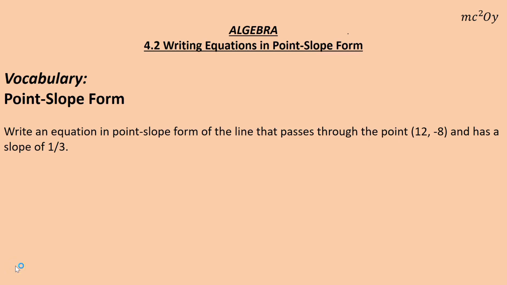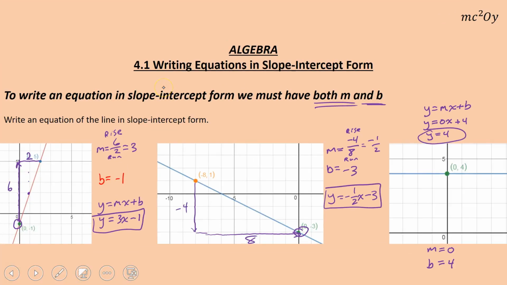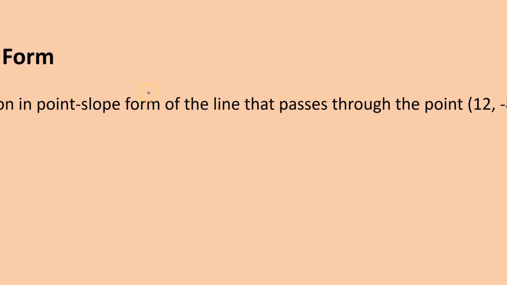Okay, 4.2, writing equations in point-slope form. By now we should have already been done writing equations in slope-intercept form. Point-slope form is just another way to write a linear equation. This form we actually get from